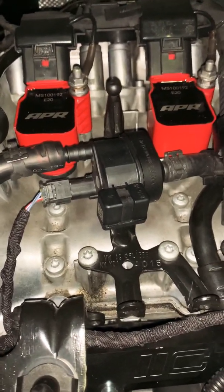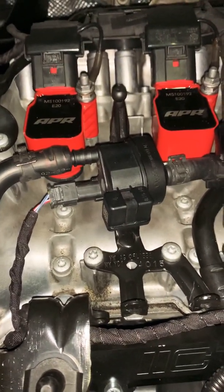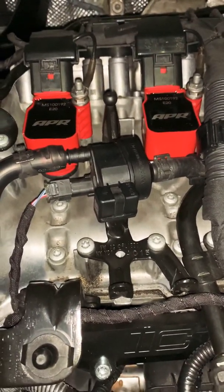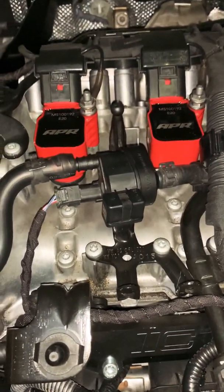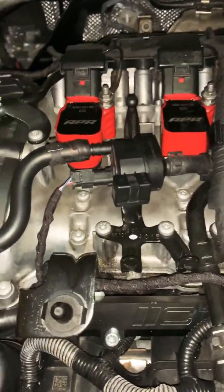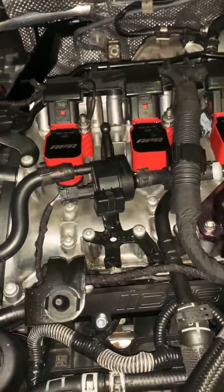I was having high cylinder misfires, EPC, check engine lights, all sorts of craziness. Car wouldn't run. I got stuck at a gas station after putting fuel. So I found out by myself